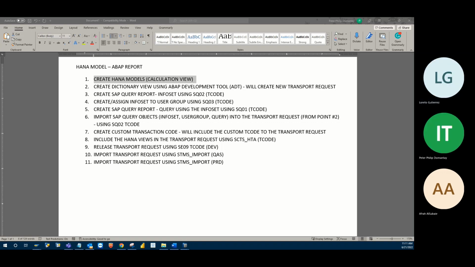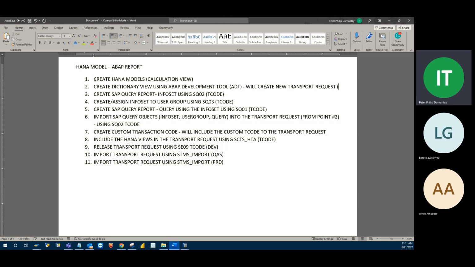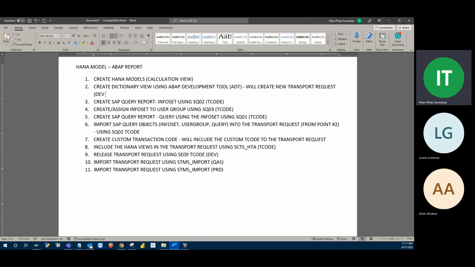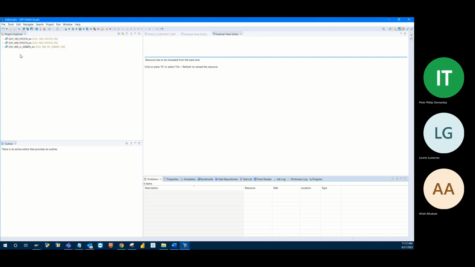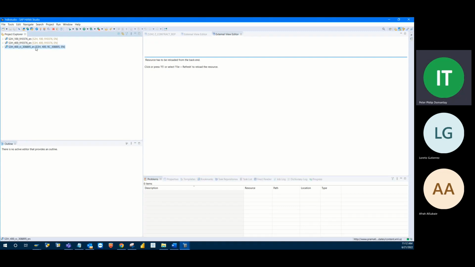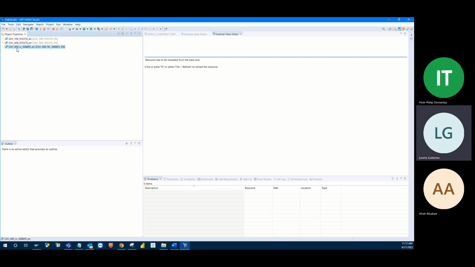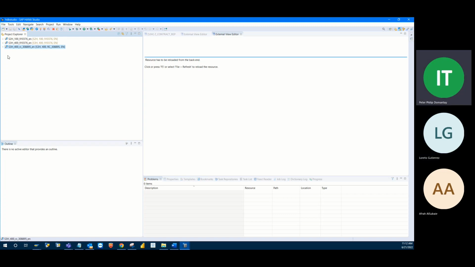Dictionary view, huh? Yes. Client 400, right? We will put dev 400. Now, here is the 400 that we created. You have this already, Mr. Lorito? Yes, I got the system. So from here,